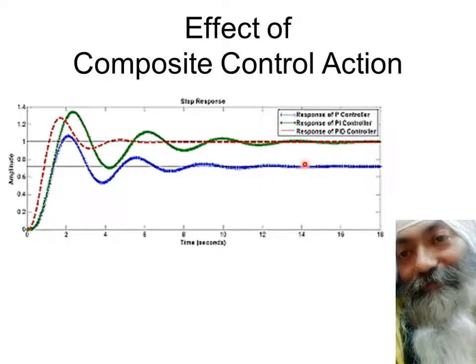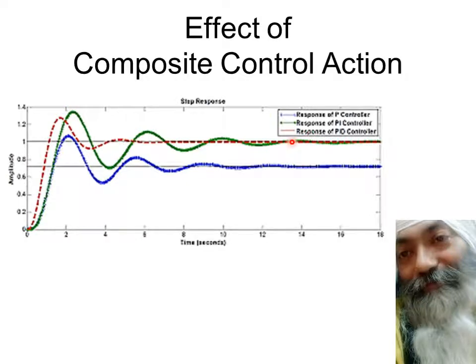But the moment you add I to it, then the addition of I has a good effect, and that it results in oscillations and overshoots and so on. But the good thing is that the offset is zero. So you can see that in case of P there was offset. In case of PI, this offset is removed. But the introduction of I results in overshoots, and it's going to take a long time to decay. It is going to continue till this point.